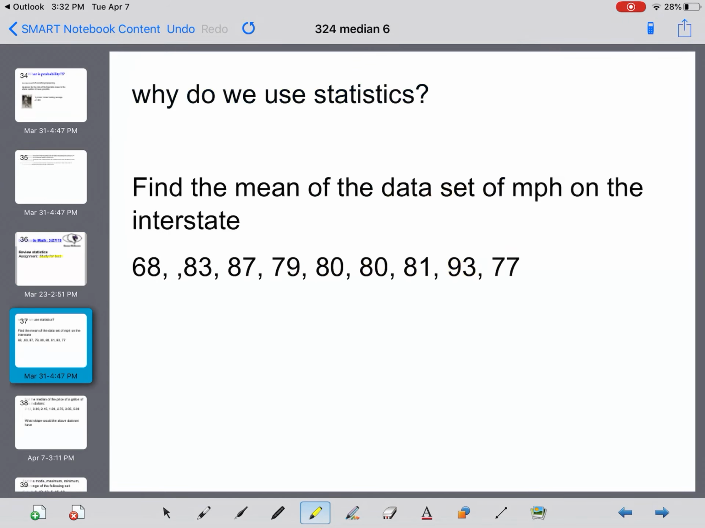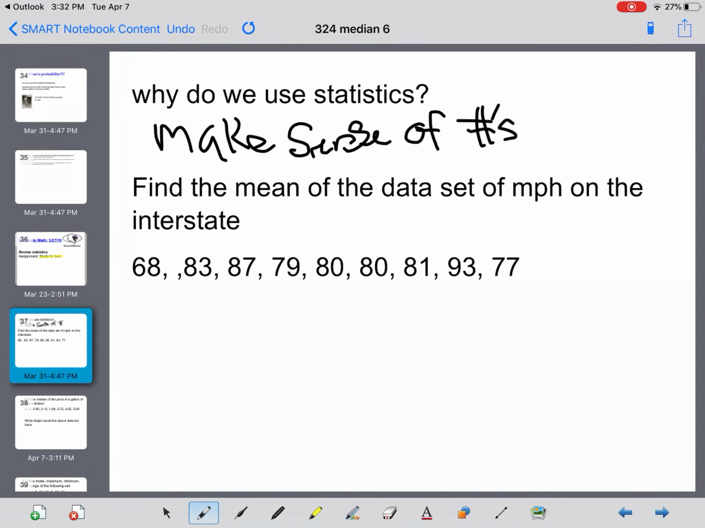Okay? So, looking at this, why do we use statistics, first of all? Well, if you remember, statistics is when we have a big group of numbers, and we try and make sense of it. So, make sense of numbers. That's supposed to say make sense of numbers. So we're trying to make sense of numbers here, and here's an example of us trying to find